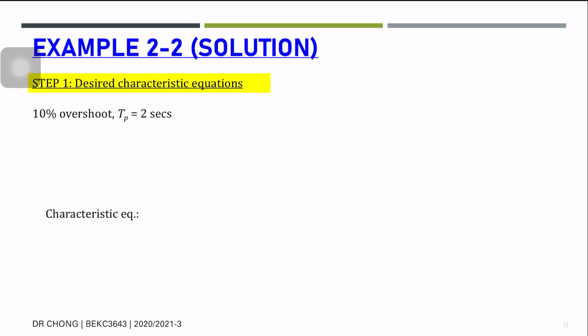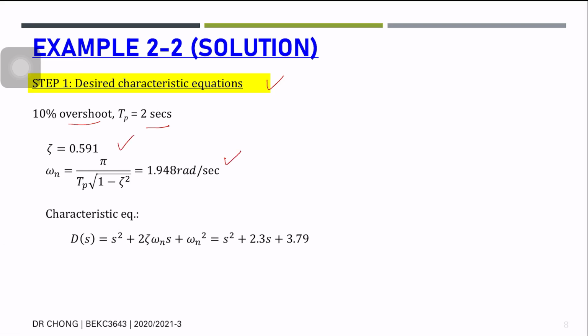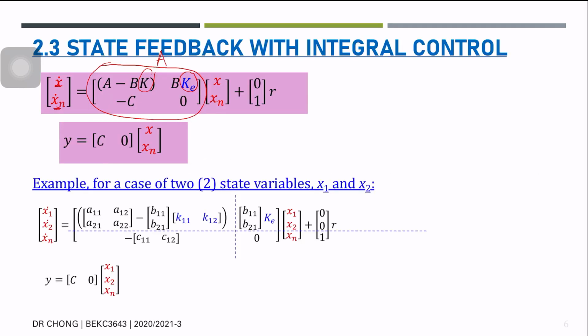Okay, so same as the procedure to design the step feedback, first we need to get the desired characteristic equation. So based on the given overshoot and peak time, we can do the calculation, substitute into the formula, then you can get these equations. The characteristic equation is s squared plus, because this zeta omega you substitute in here, then you can get these equations. So back to the question,